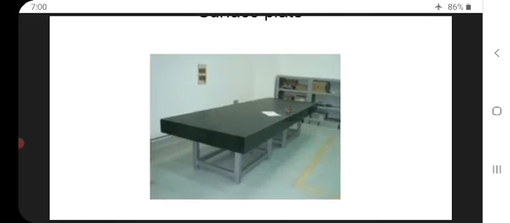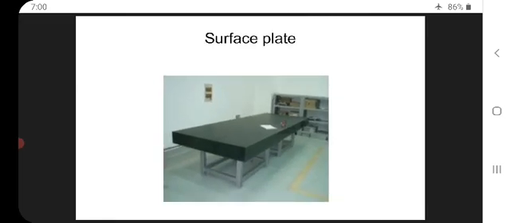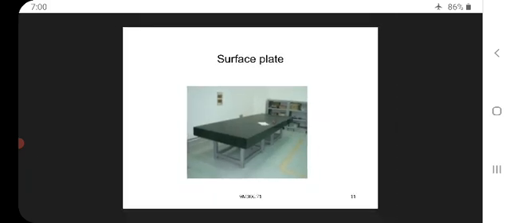This is the figure of a surface plate which is of the flatness and the straightness.